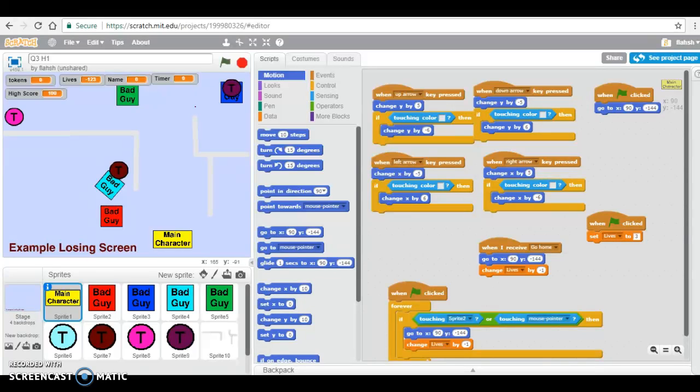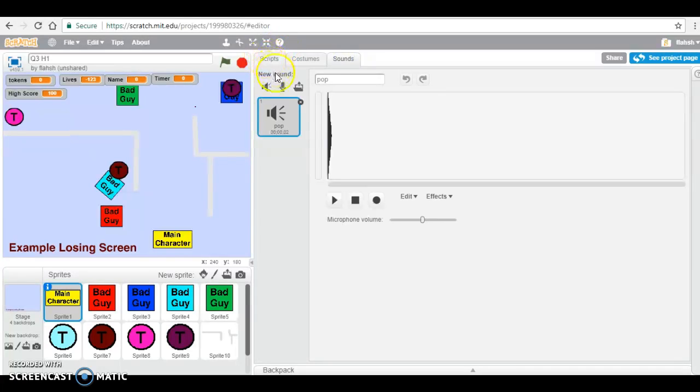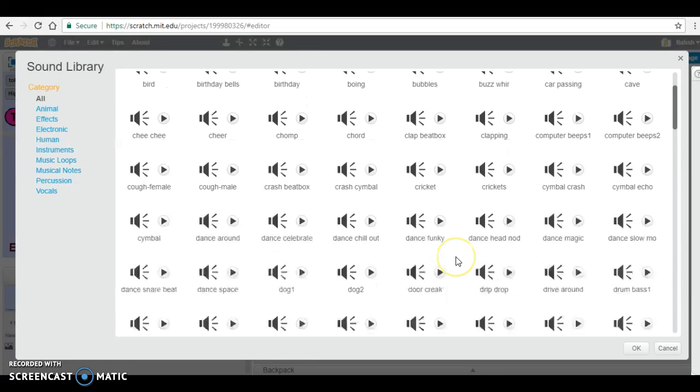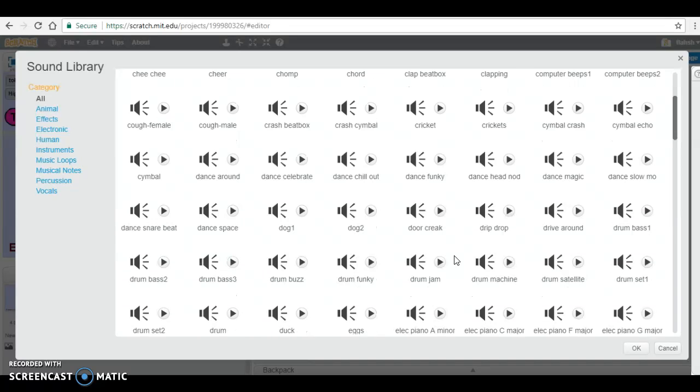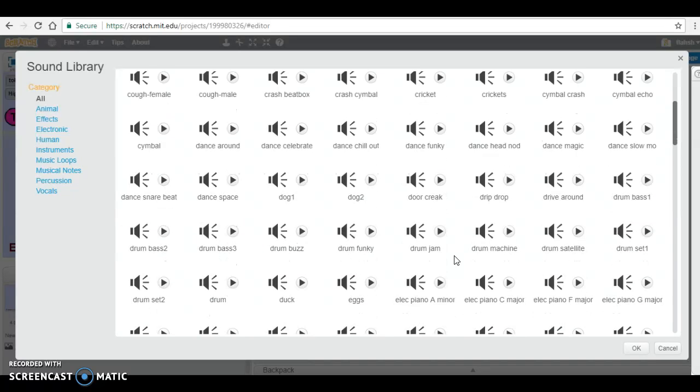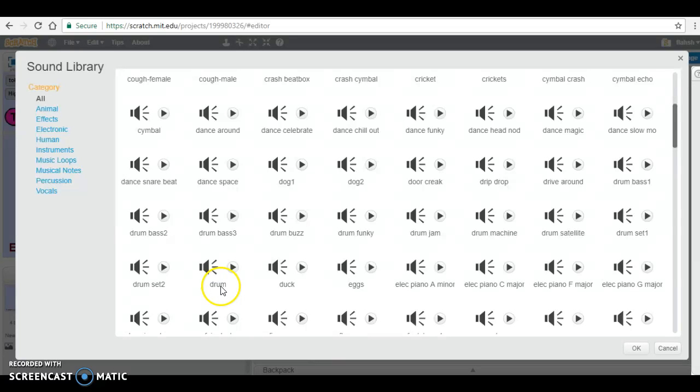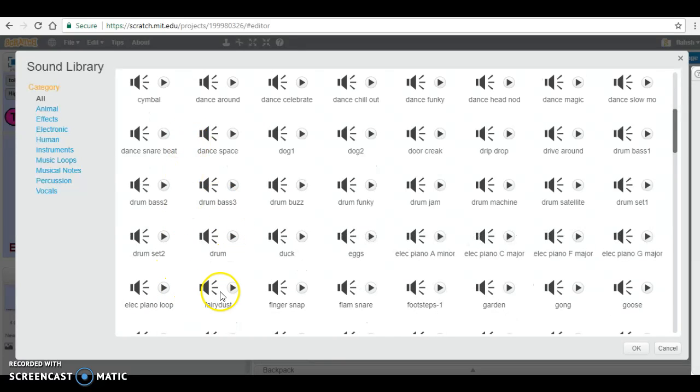To add sounds to your program, click on the Sounds tab, and then you can click this Choose Sounds from Library button, and you can choose any of these uploaded sounds that come automatically with Scratch. So find one and click one that you like. So I'm going to choose this one,